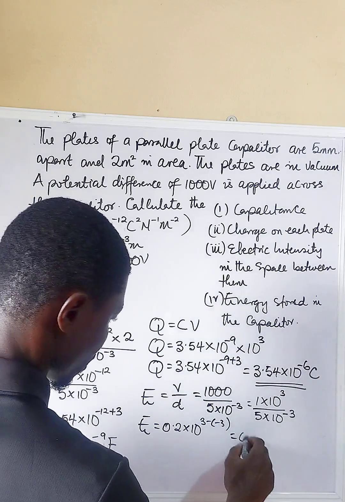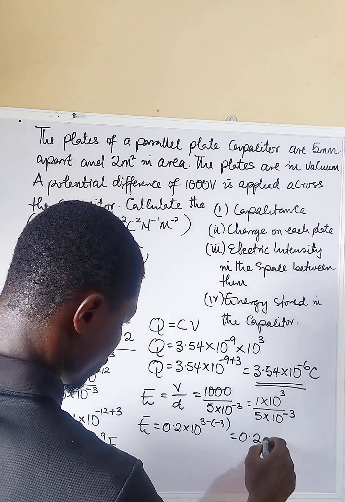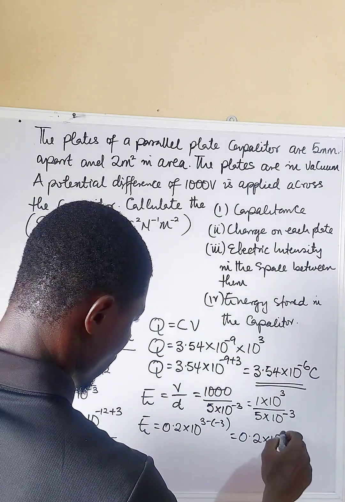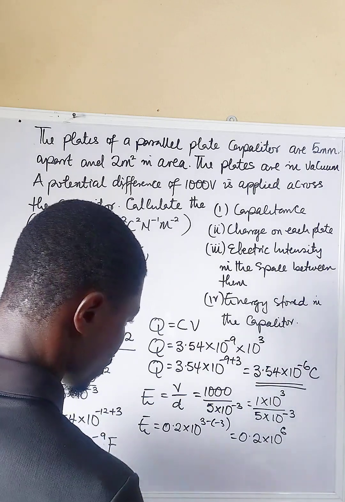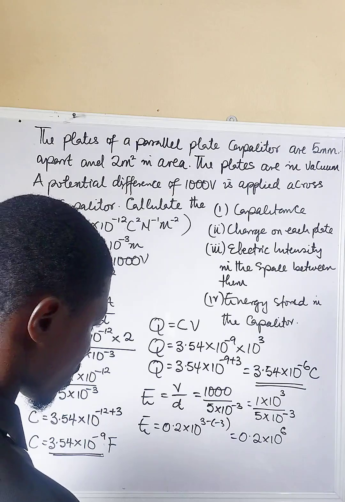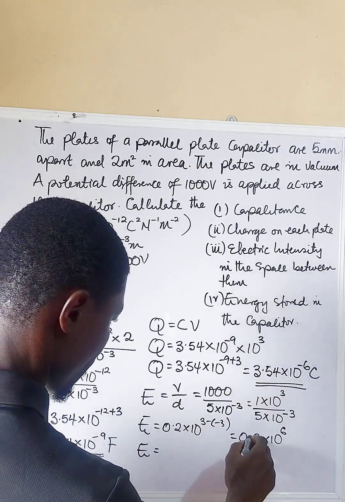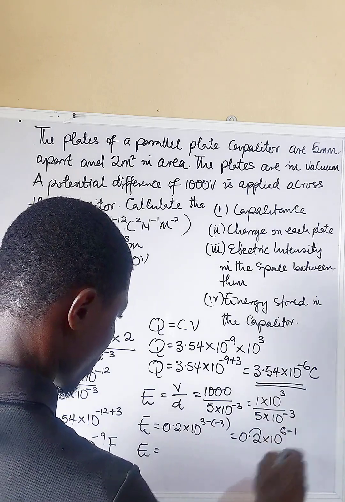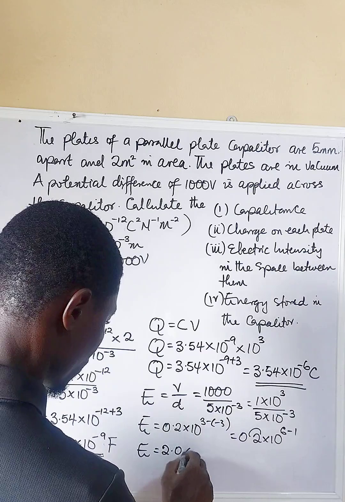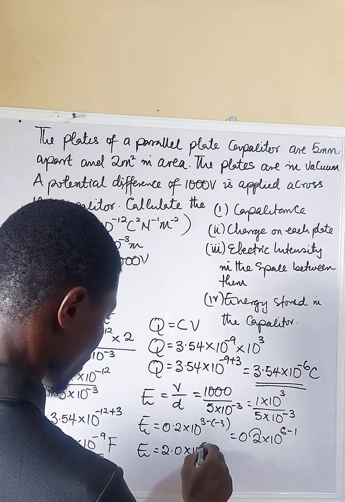So we have 0.2 times 10 to the power of 6. Moving the decimal one place, E gives us 2.0 times 10 to the power of 5